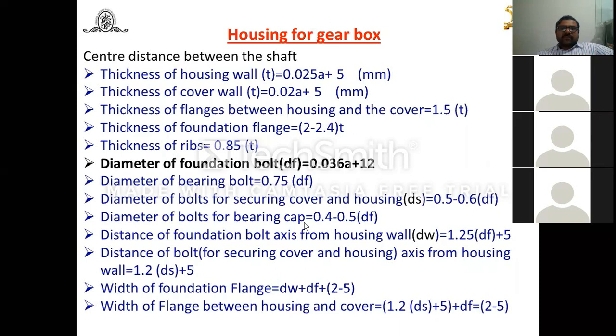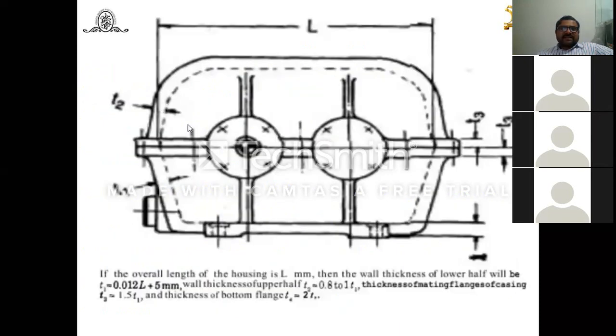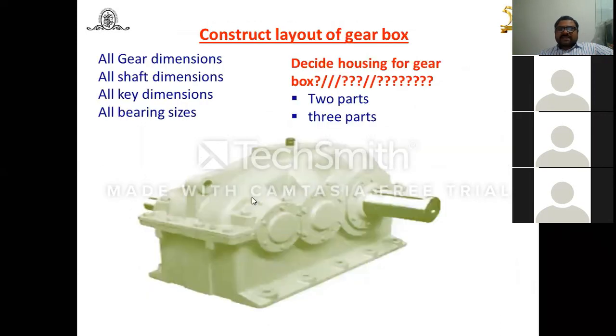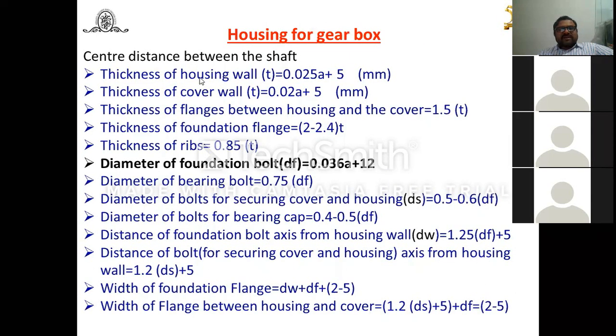Look at these relations. This is the thickness of the upper wall, the thickness of the lower wall, then the flange thickness. Then if you observe from this side, look at this. How much is the bolt position up to this wall thickness? Again, these are all the foundation bolts. How much are the sizes of the foundation bolts? How much is the thickness of this foundation? Then how much is the position of this axis bolt from the wall thickness of the gearbox? Here you will get all the idea from this VB Bhandari data book.